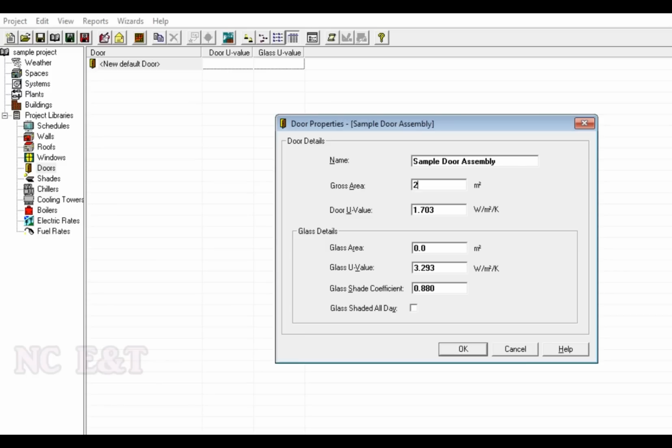you need to calculate from the material of the door that is provided by the architect, and you can calculate the U value for it. Here we will use the default values, and in our project we are not using door in partition or external wall, so we will not consider door in our calculation. So let us make this okay.